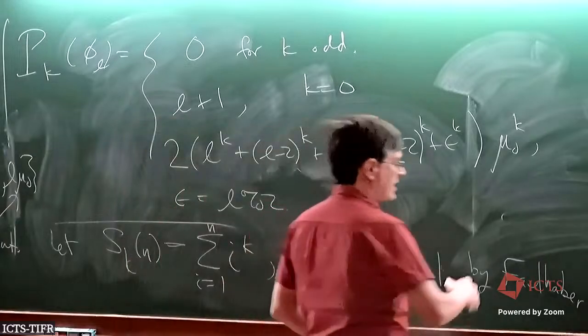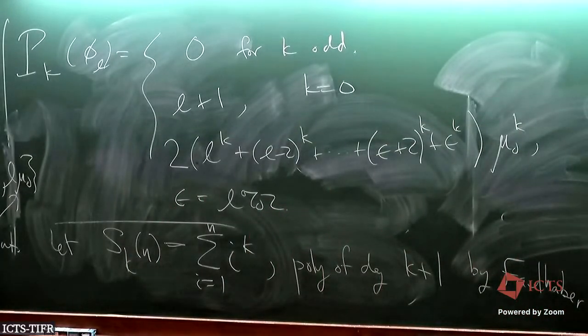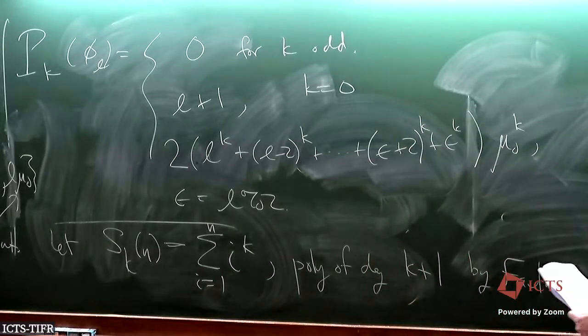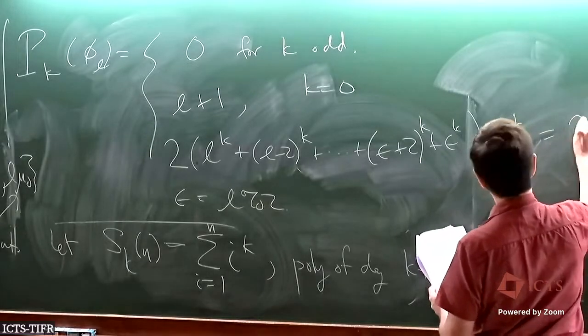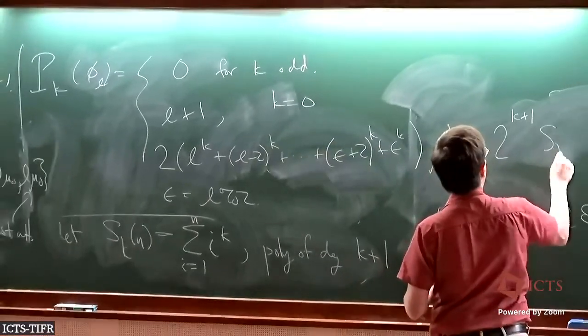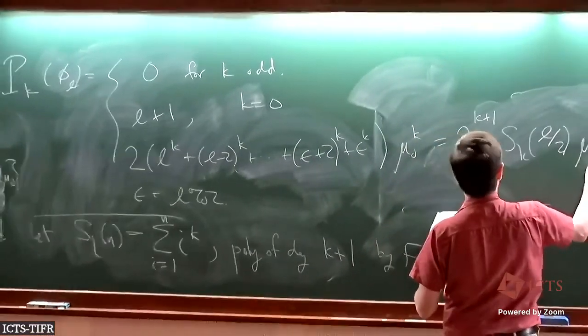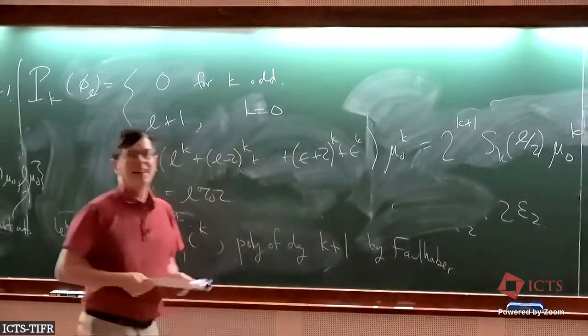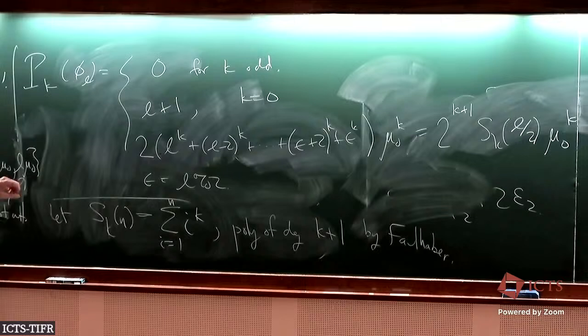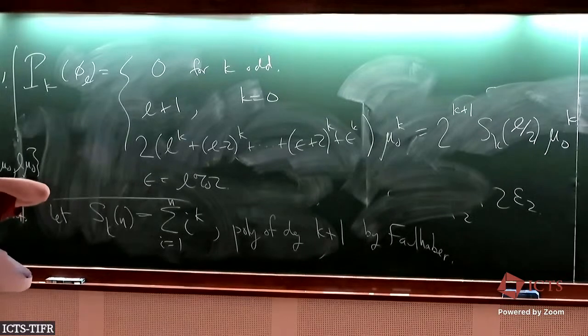So the most interesting line here, the last line, is the 2 to the k plus 1, s_k(L/2), and then the mu naught to the k. Even here there's something a little bit interesting. I hope it's pretty clear that that's the correct formula when L is even. It's also true when L is odd,